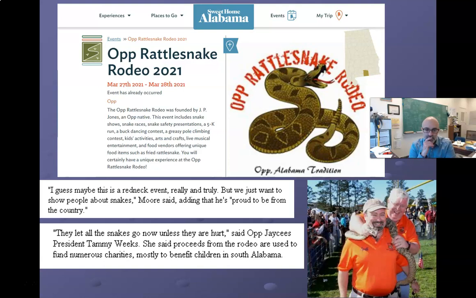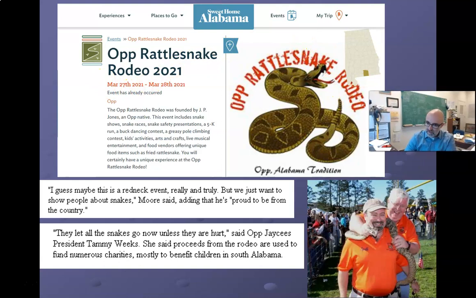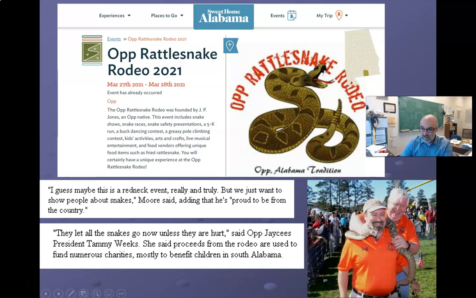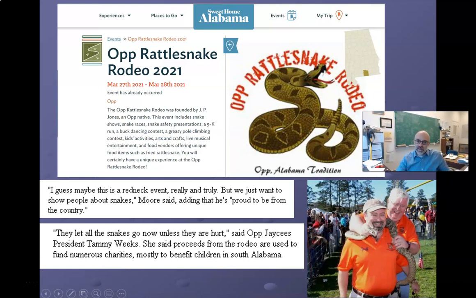The one guy says, I guess this is a redneck fence, really and truly, but we just want to show people about snakes. But again, I value that viewpoint, but this is not what you want to show people about snakes, right? This is just very damaging to people's view of these important animals. So that's my soapbox for the day. But I want to be sure to share the hopeful story about what happened in Georgia, and I think that's a good compromise, and everybody gets the win. So, but that's about reptiles, and I'm gonna